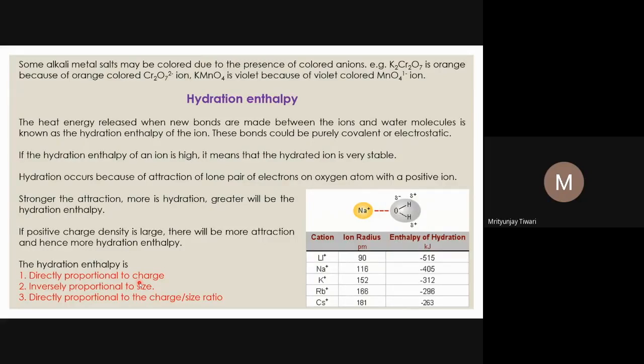And if they impart color, you have to provide a lot of energy, and that energy will not be in the visible range. This is what you should understand. You can still excite those electrons, but the frequency of the light which excites them will not be in the visible range. It may be the UV range, and we cannot see UV because it is not in the visible range.